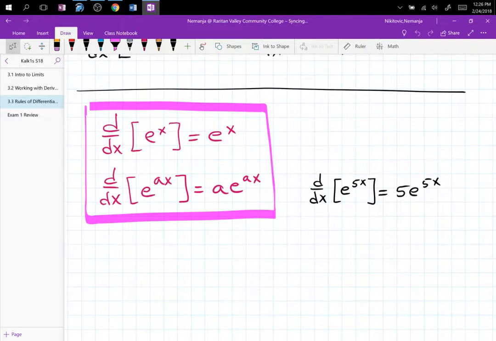Velocity function. And the second derivative of the position function will be the acceleration function. Very good. And then the third derivative of the position function will be jerk, which is